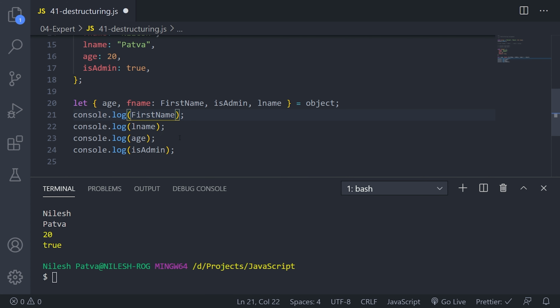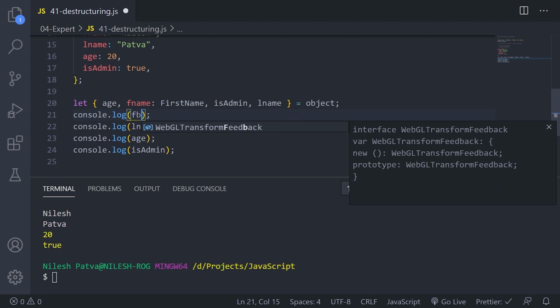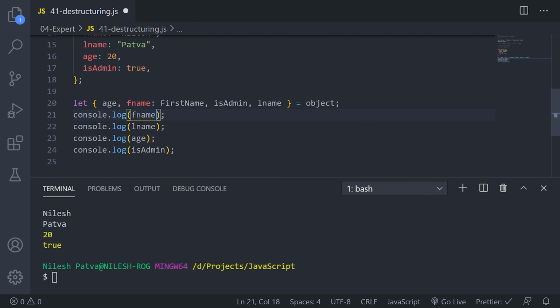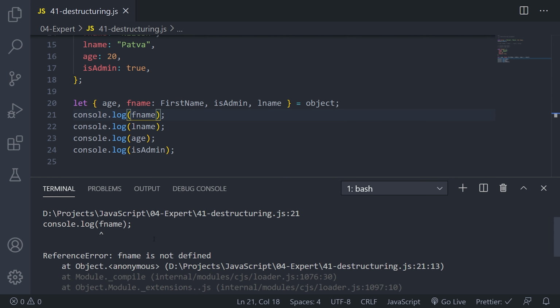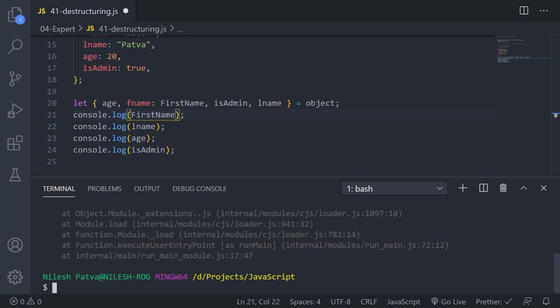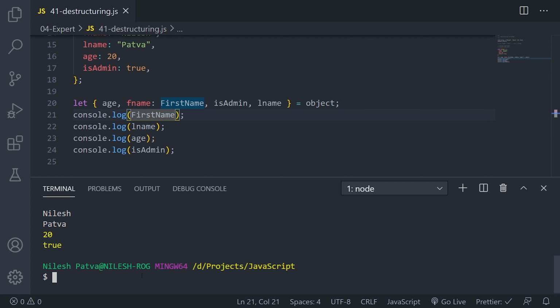That is the property you are creating a variable for right now. So you will not find fname, it will throw an error if I write this. Let me show it to you. It is giving me the error, right? fname is not defined, so you have to use this first name. That is how the renaming works while you destructure an object.